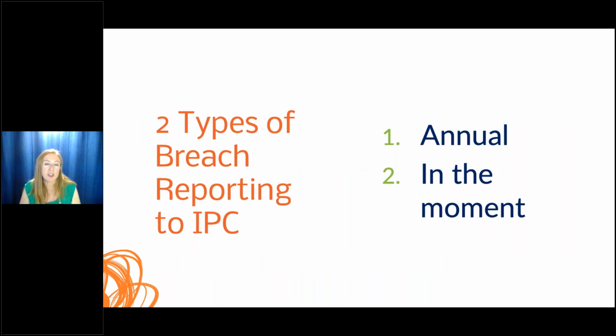There are 2 things that you have to report if you're a custodian. If you're not a custodian, you still have to report these things, but to your internal privacy officer. You're not the one connecting with the Privacy Commissioner. It would be done by the custodian. If you're in a group practice, you may choose that one person reports on behalf of everybody. So that's up to you. That's an organizational decision. But there are 2 kinds of reports that have to be made to the Commissioner. One is an annual report, and then there are reports that you have to make in the moment. Let me explain that a little bit more.